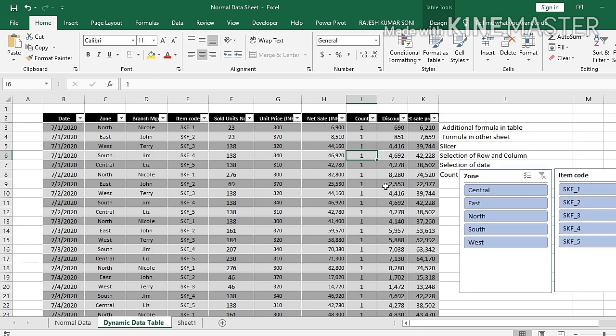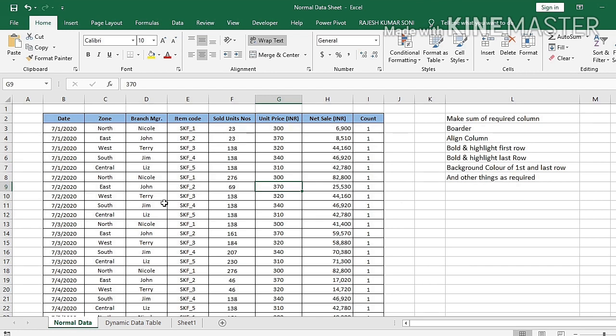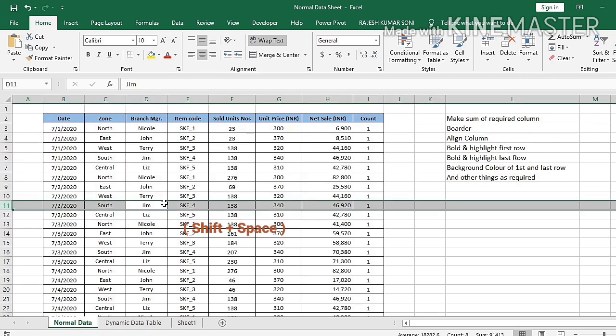Now we go to the next feature. In the normal case, if you want to select any row or column, then normally you do Shift plus space bar for selection of row. Let's do it in a normal data file. We are here and we are pressing Shift plus space, then it will select the whole row.